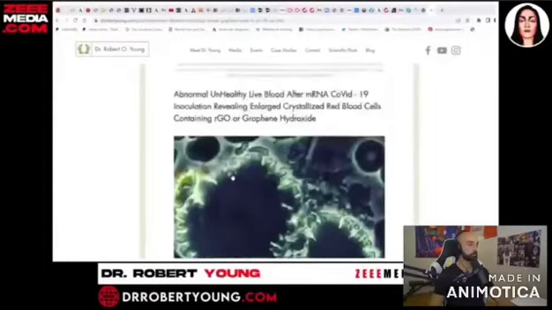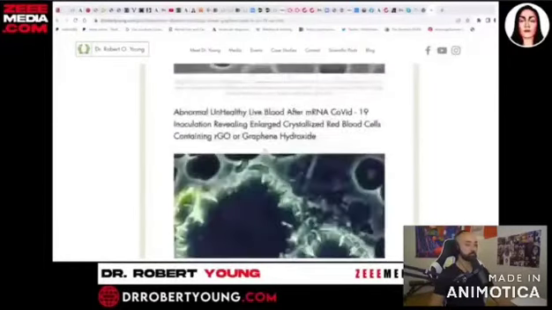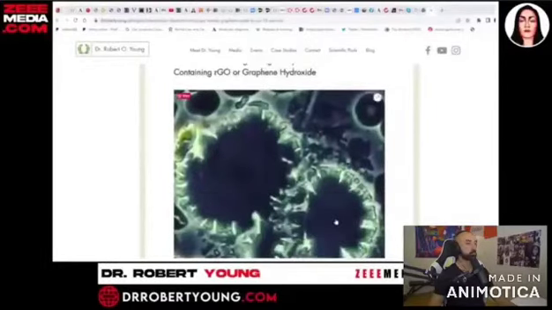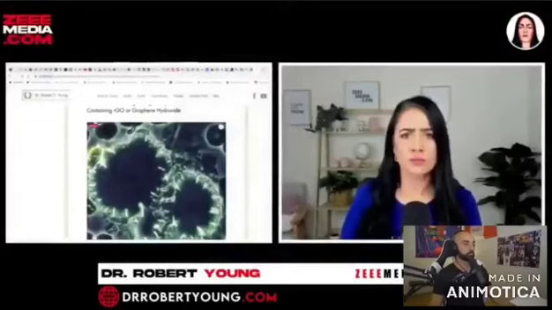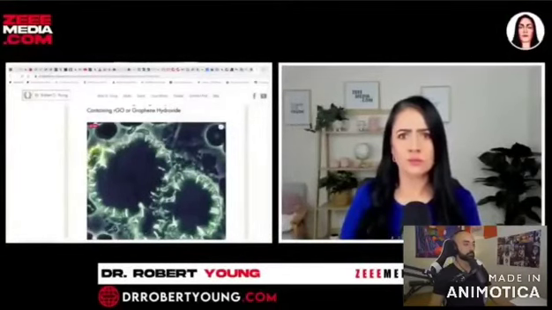These are red blood cells. See these red blood cells? Now look at them. It's like they're giant red blood cells that have crystallized by the fact they've been crystallized with chemical and radiation poisoning. And off to the left here is ferric oxide. So these are the cells, and you can see all the graphene oxide around this. It looks like a war zone. And this is why people are getting sick.